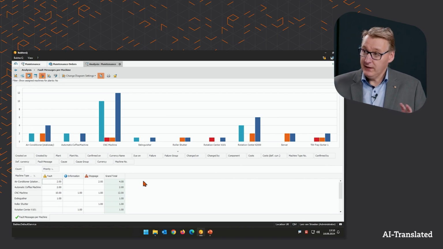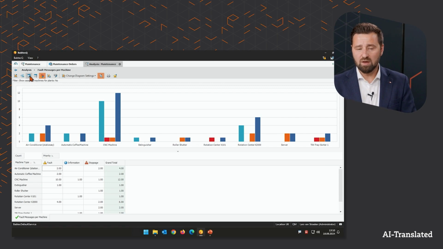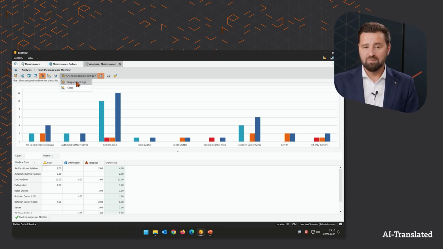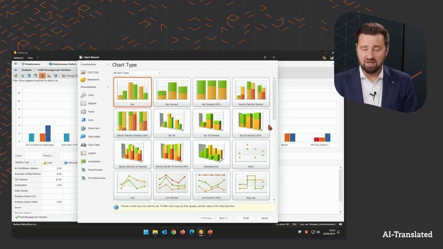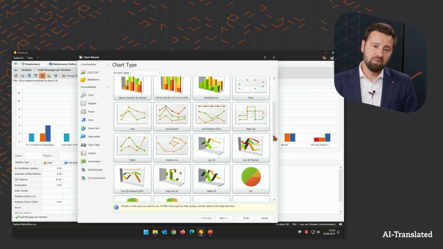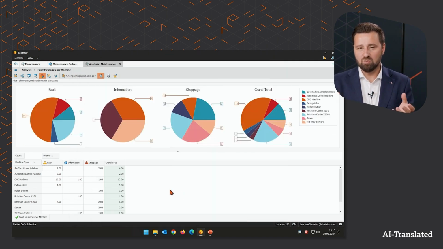That should already be the data content. What you had in mind. Is the evaluation ready for you then? Can we leave it like this? I already like the table below because it shows exactly what I'm looking for. But for the graphical evaluation, I would wish for a different way of presenting it. And I could really get creative with the display options. Here, 3D bars, networks. But let's stick to the basics and use the pie chart because that offers a good mix of clear evaluations and also a good overall representation of the values.